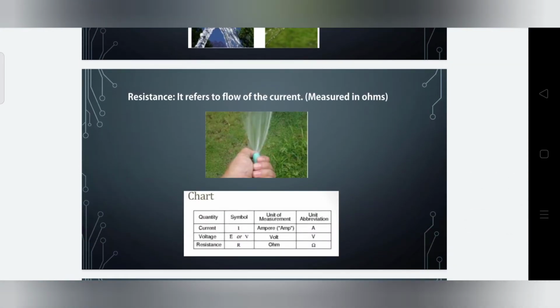Last one, resistance, it refers to opposition to the flow of the current, measured in ohms. Finally, we have current, voltage and resistance, and I, E, R are the symbols respectively, and then units. So we can say that the potential difference (voltage) across an ideal conductor is proportional to the current through it. The constant of proportionality is called the resistance R. Ohm's law is given by V is equal to I into R, where V is the potential difference between 2 points which include a resistance R.